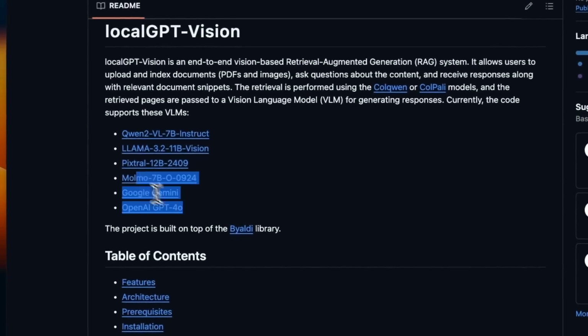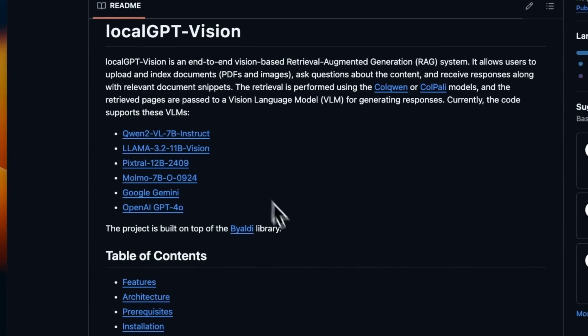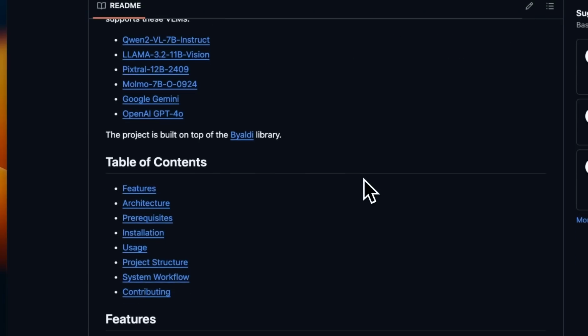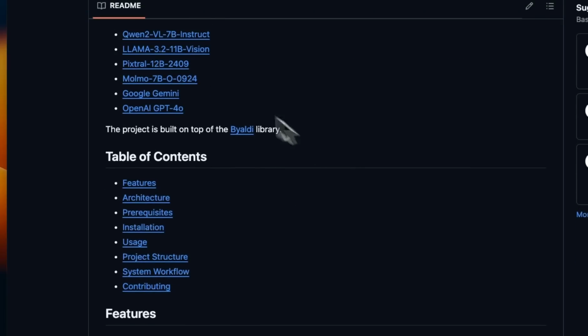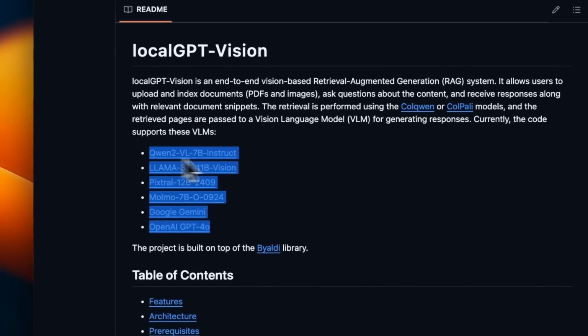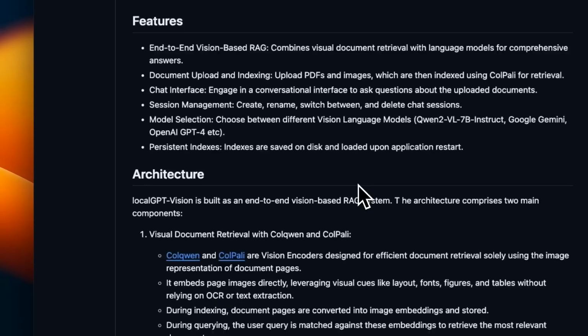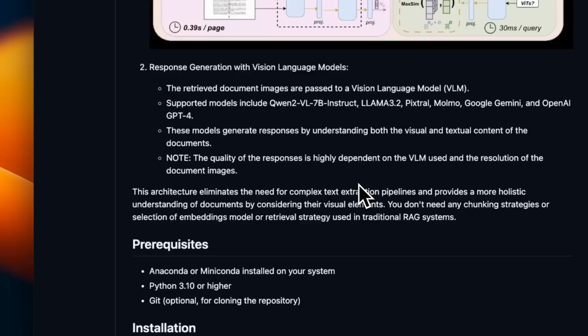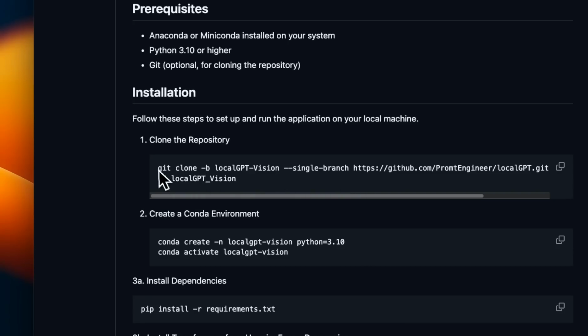Currently, it has support for 6 different generation models. If you'd like to contribute to integrating another model, either to the retrieval model or the generation, contributions are highly welcomed. Now, in order to set this up, we just need to clone the repo,